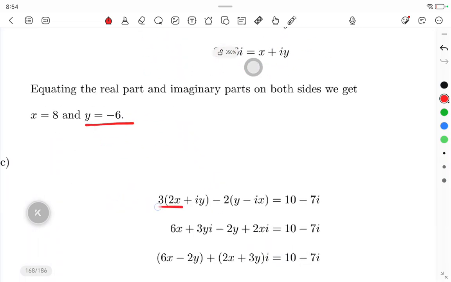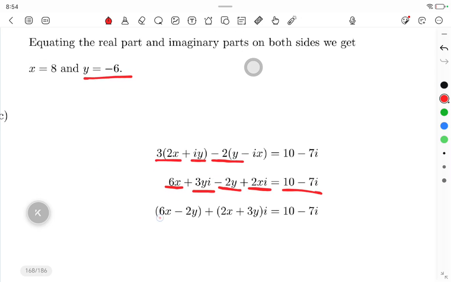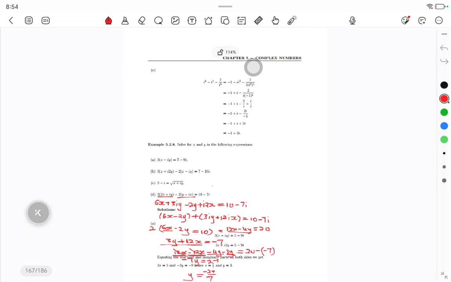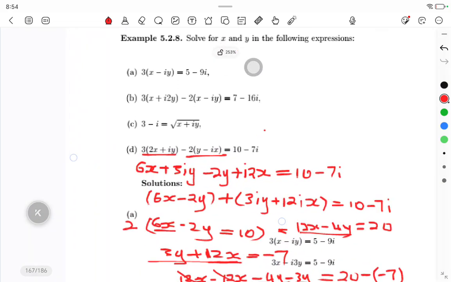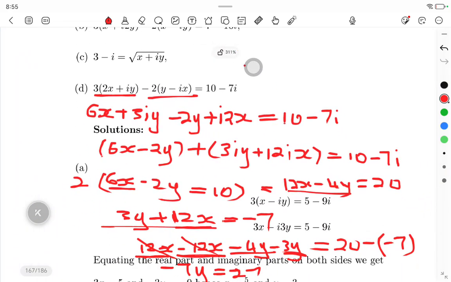2 times 3 is 6. Then it's 3iy, it's minus 2y, it's plus 2xi. Let me check. Then this is this, and why did I get 12 here? Yeah, I'm really tired. This is 2x. Let me just fix this. This is 2x minus this,